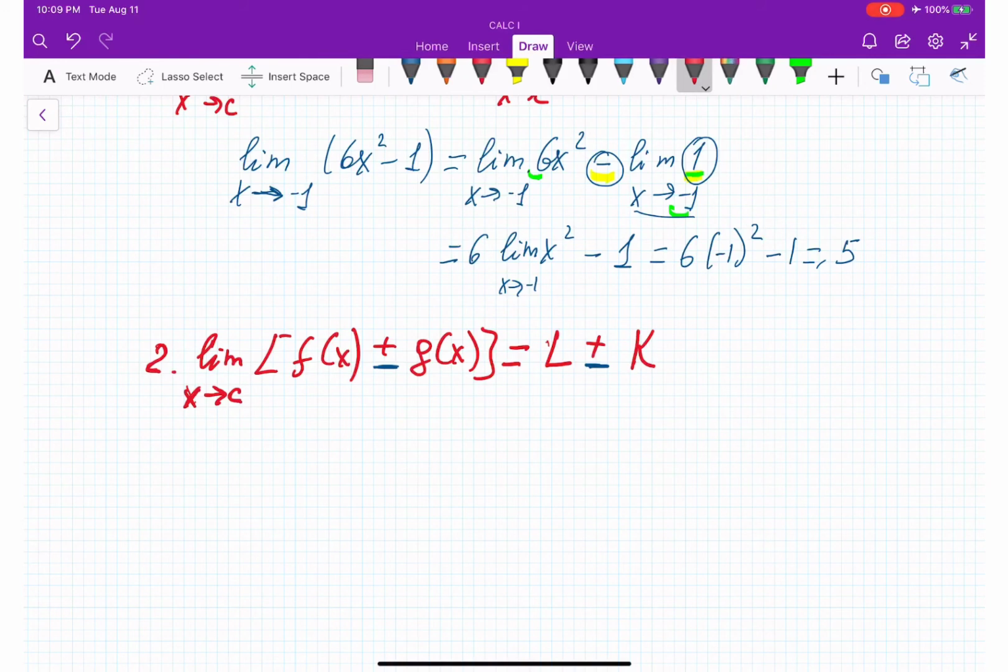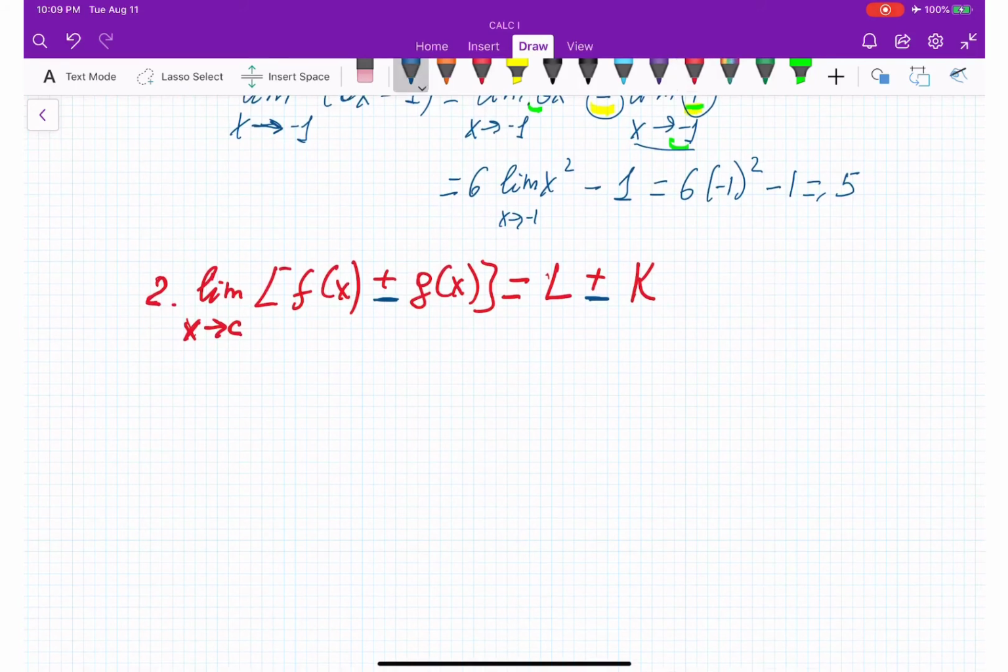Okay, so taking an example: the limit as x approaches 0 of x cubed minus x plus 7. We already know we just plug in 0. Where is that coming from? Based on this property, because I can write down the limit of x cubed as x goes to 0,